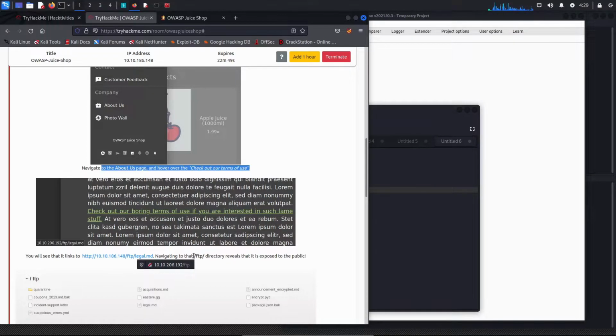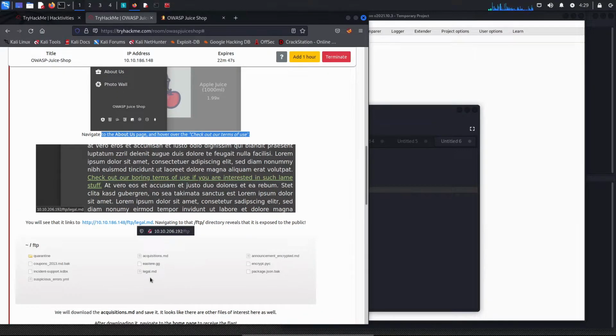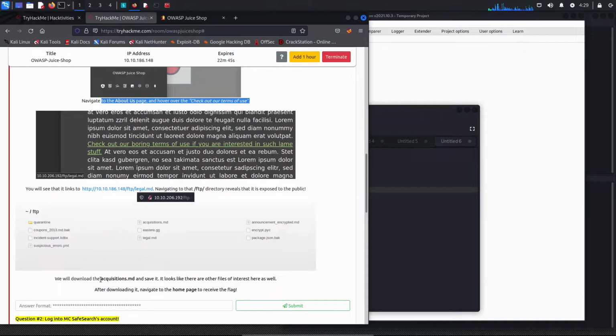So navigating to FTP reveals this directory, and we have to download the acquisitions file and save it. Okay, and after downloading this file, we should receive the flag.